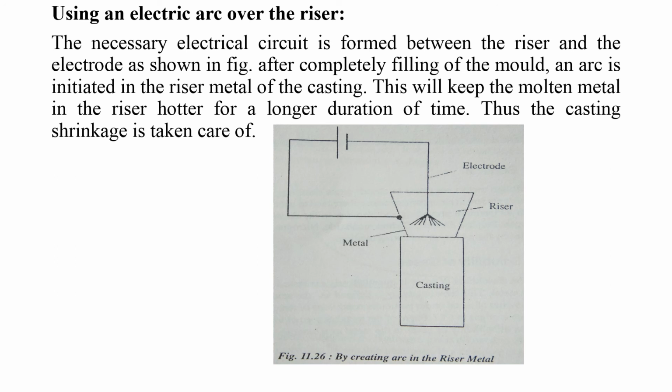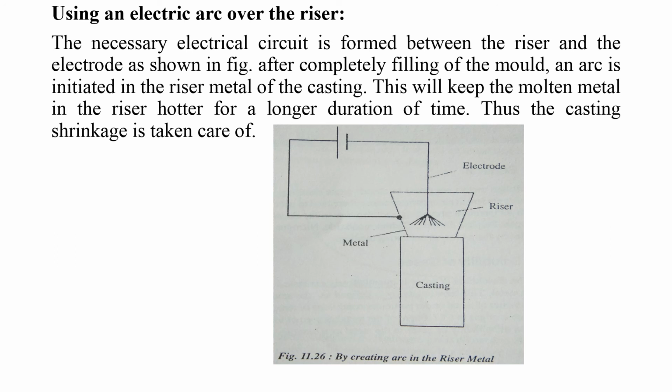After 1 hour or 2 hours at room temperature, the shrinkage is controlled to zero. Then you can switch it off. The main function of the riser is to supply liquid metal from the reservoir, the riser, to the cavity at the time of solidification when the molten metal shrinks. A small quantity of liquid metal is required, supplied from the riser to the cavity. This is the main concept.